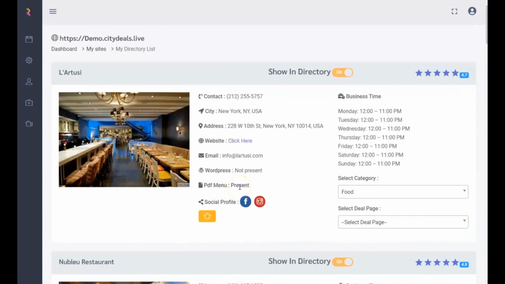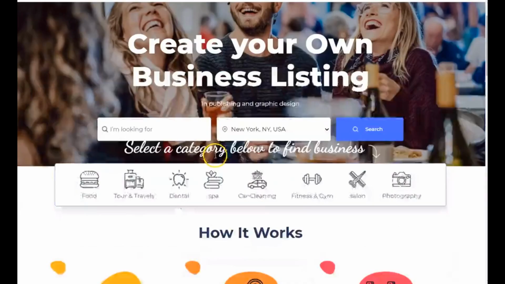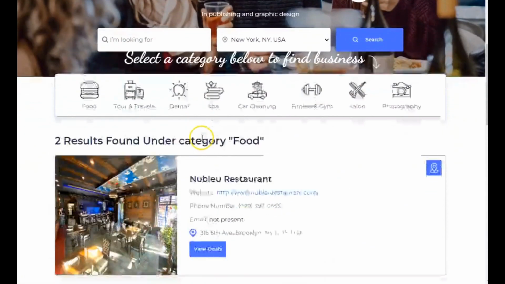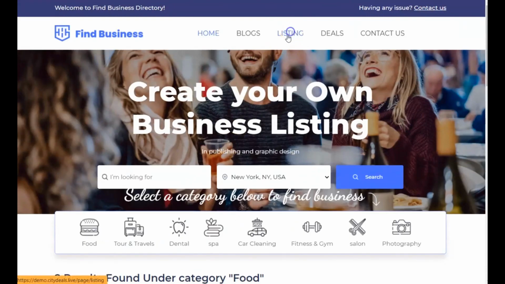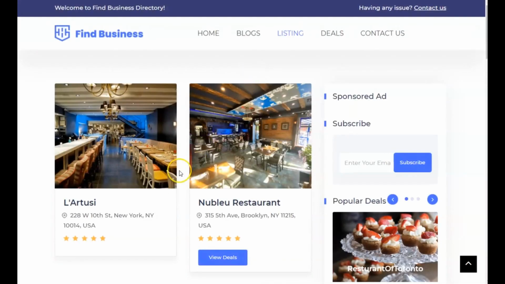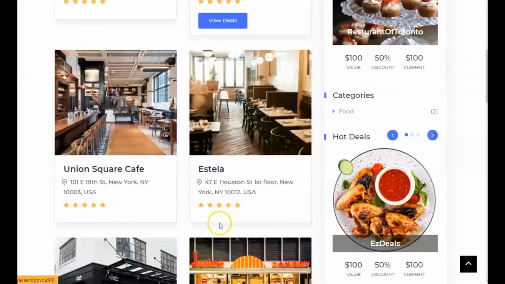Right, so that's how you can search for businesses and add them to your directory list. And at the same time, you'll be able to see the following data about the business or get their website data. And that's how you can view them on your directory list or directory site. On the home page, you will see there's a category for food. We have added these 2 under the category of food. You can see also the businesses that you have added on the listing tab or section. So right here, these are the businesses that we have